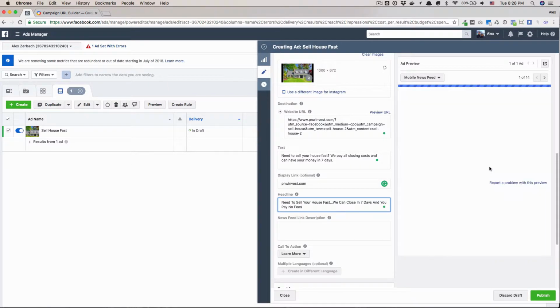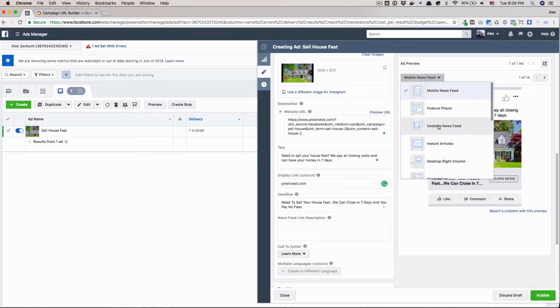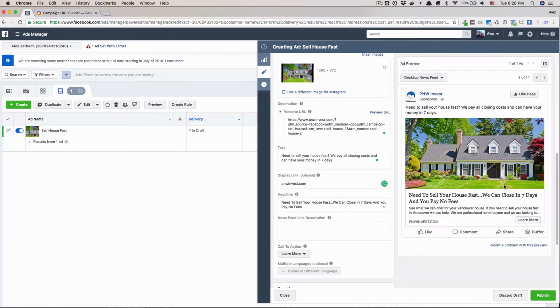But look what happens on mobile, right? They cut it off. So on desktop, it's going to look fine. But most of the time, data shows that almost 50% of your traffic will come from mobile, and all Facebook traffic is like 84% from mobile, which is pretty insane. So you want to make sure these are nice and short so they show up on mobile as well as